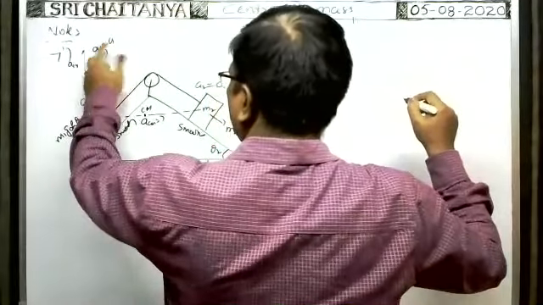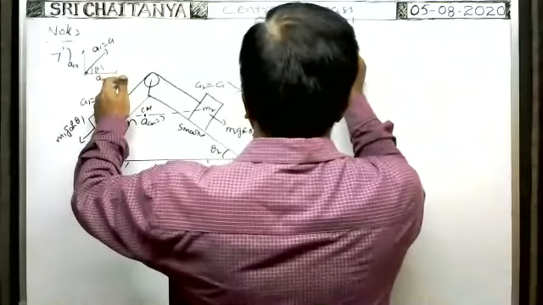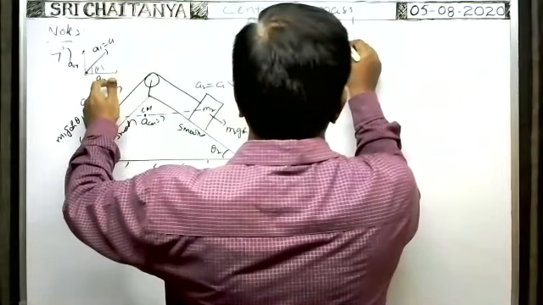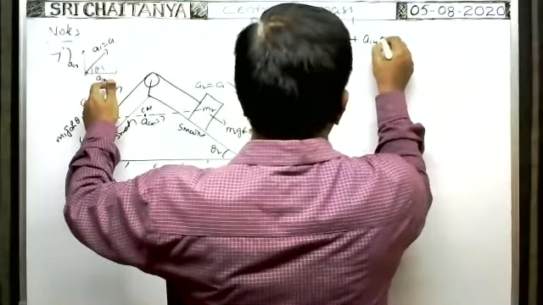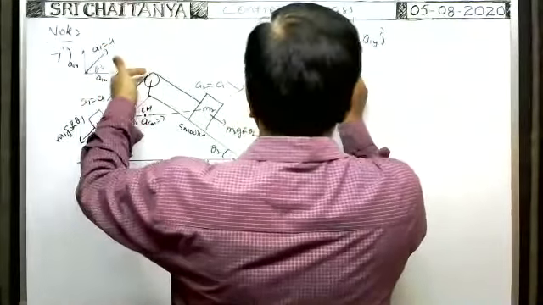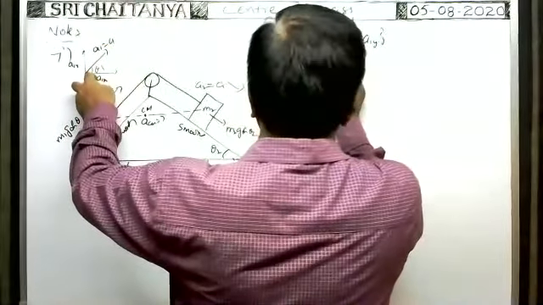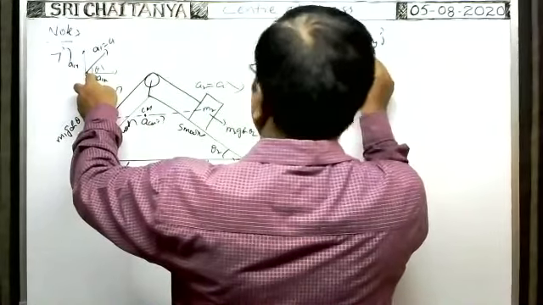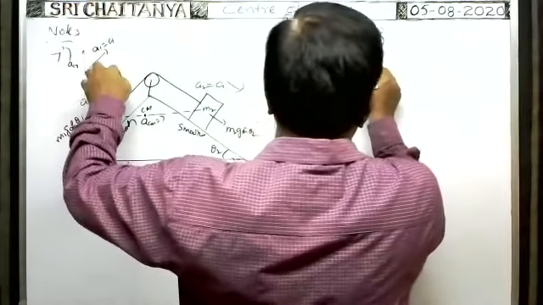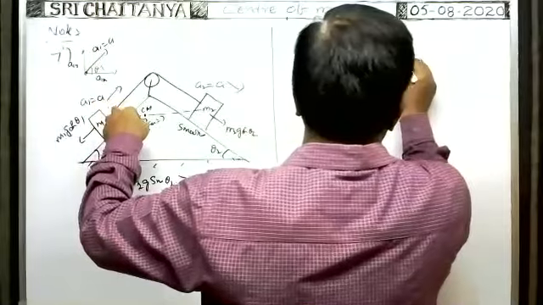Because A1 is equal to A, their component along this direction is A1x. So A1x i cap plus A1y j cap. A1x is along the positive x direction, that is equal to A cos theta 1 into i cap. And the y component is along the positive y direction, that's why plus A sin theta 1 into j cap.